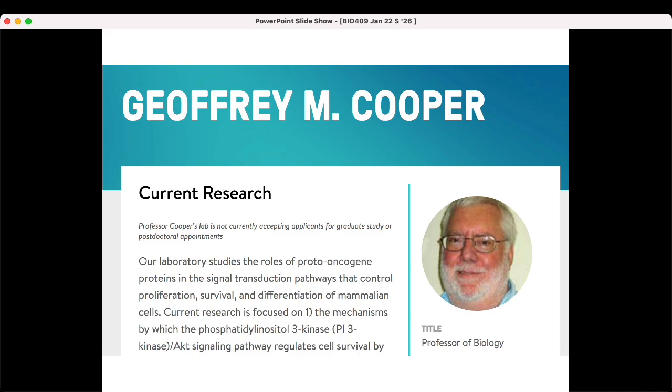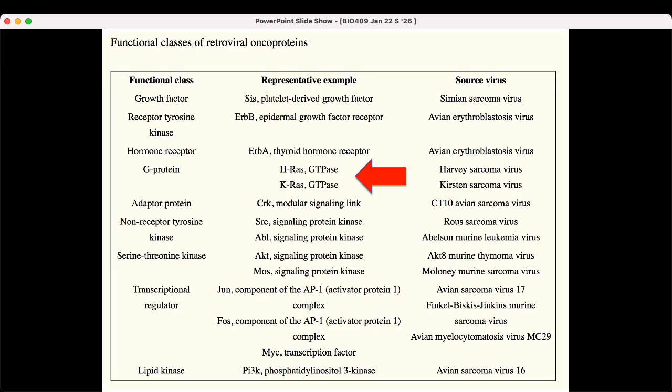Like if you have a friend who really likes the Patriots, that's who you think of when you hear anything about the Patriots. You're like, oh, this reminds me of Janet, Janet knows all about the Patriots. Well, that guy knows all about this protein that's called RAS, R-A-S. And RAS is an oncogene.